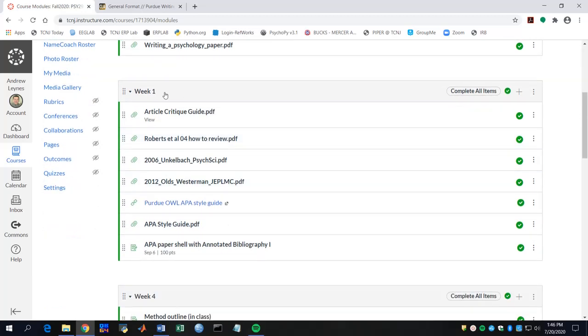And then in the first week, you have some readings, in particular the Unkelbach and the Olds and Westerman papers. We're going to be reading those and discussing those. Before you read and discuss them, take a look at these guides that teach you how to break down a research study. Think about it critically because we want to think about these pieces of research critically as we move